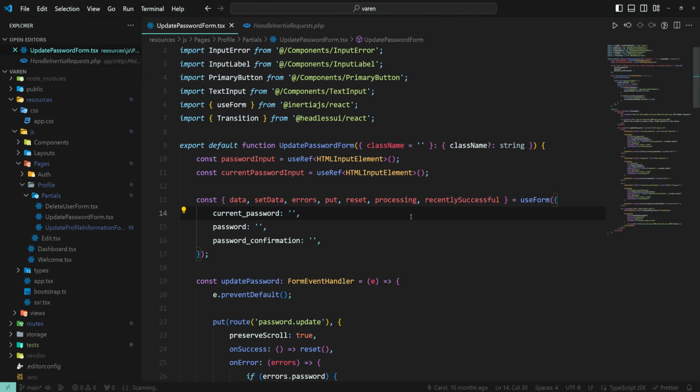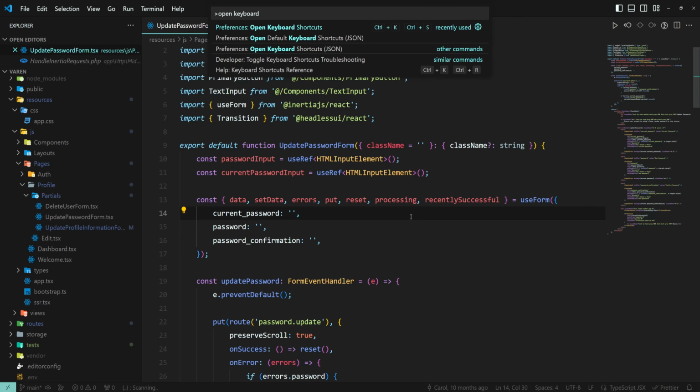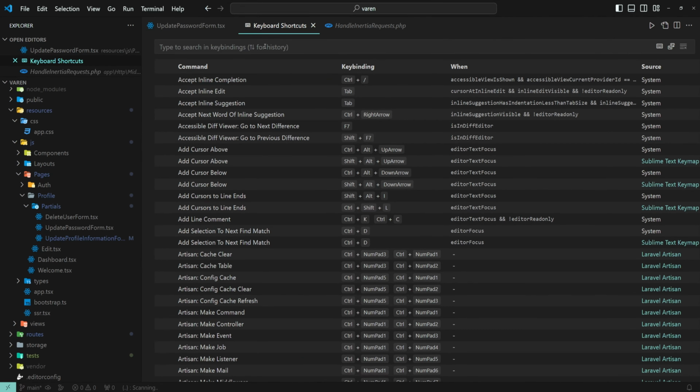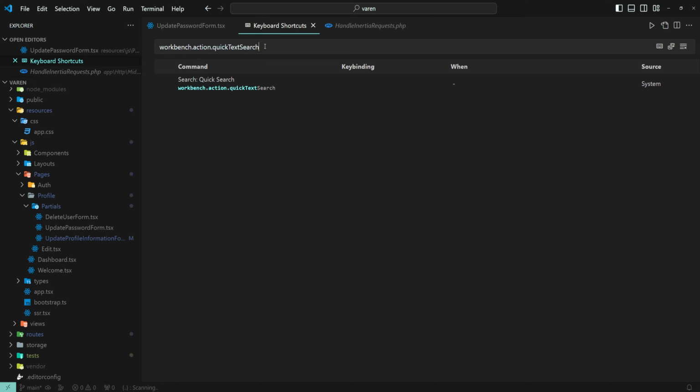Let's find out. The third way would be to set up a keybind. To set up a keybind, press down Ctrl Shift P, type in Open Keyboard Shortcuts, and run the Preferences Open Keyboard Shortcuts command. In here, search for workbench.action.quickTextSearch. And now double click on this column to set up a keybind. I'm going for Ctrl F,